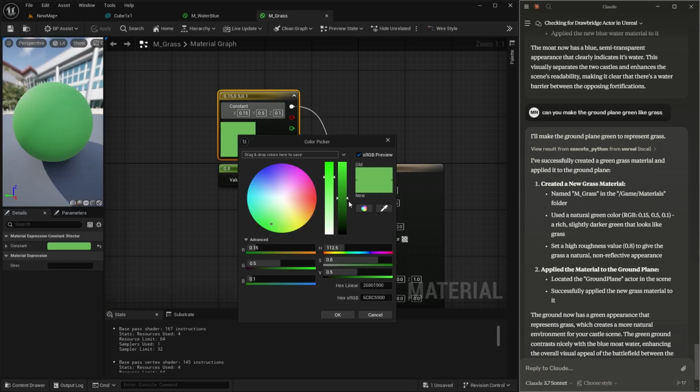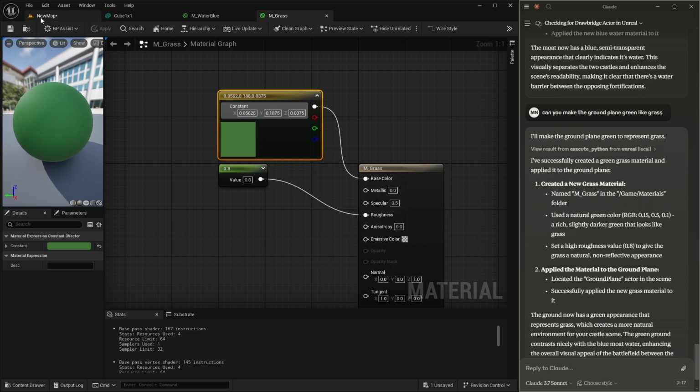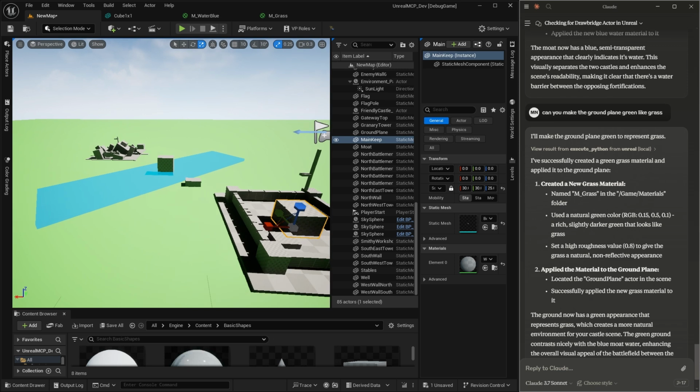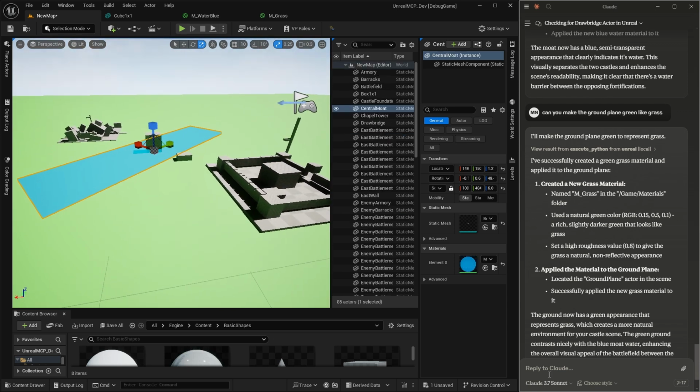It's a little harsh, but you know, Claude doesn't have eyes as far as I'm aware. So we'll just have it do that. This is honestly getting really cool.